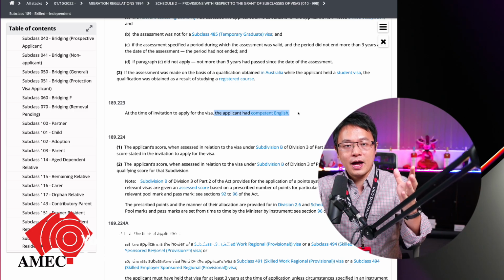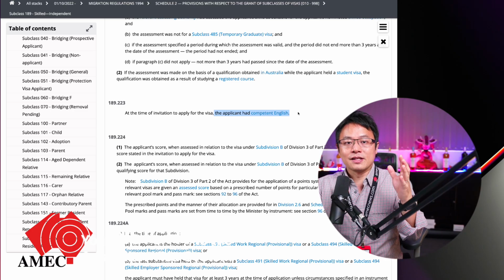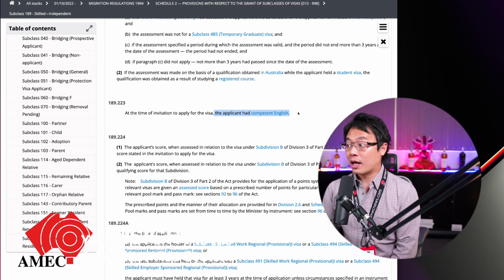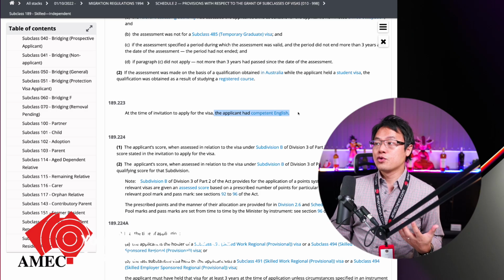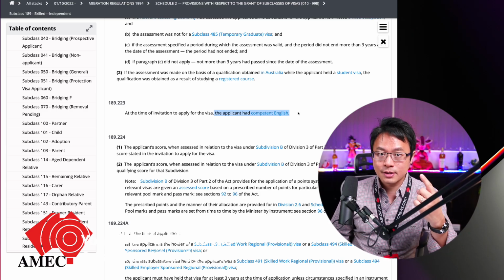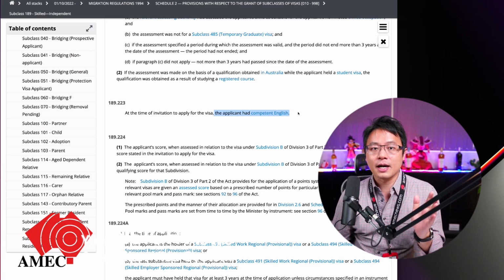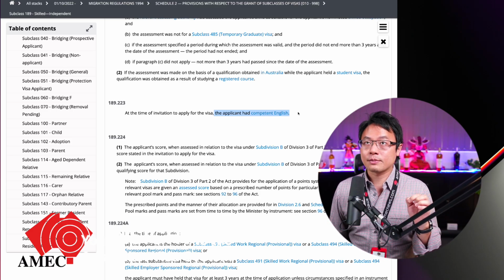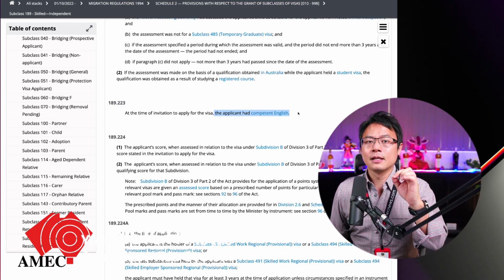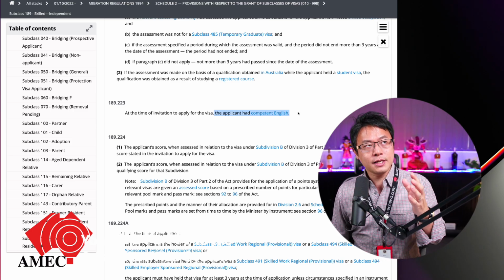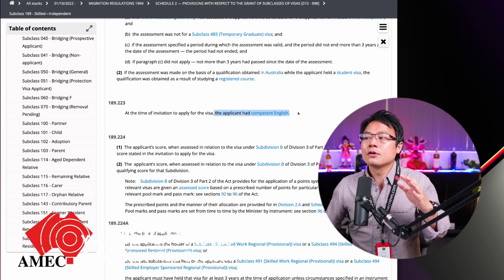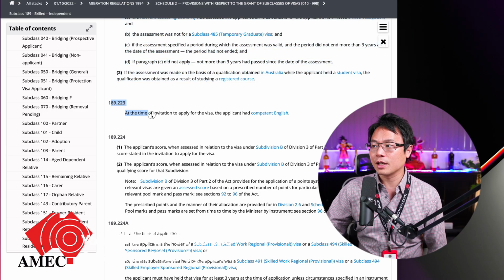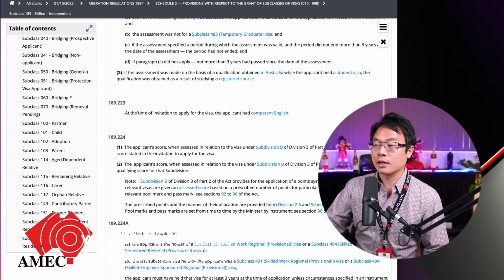But if that IELTS result have a date back in 2016, would I meet this requirement? No. The invitation will be wasted. Okay? But if my IELTS result has a date of, perhaps let's pick 2020, would that meet the requirement? Yes, 2 years plus, that's fine. I still meet that requirement. So then I'll give a big tick to meet the criteria, the clause